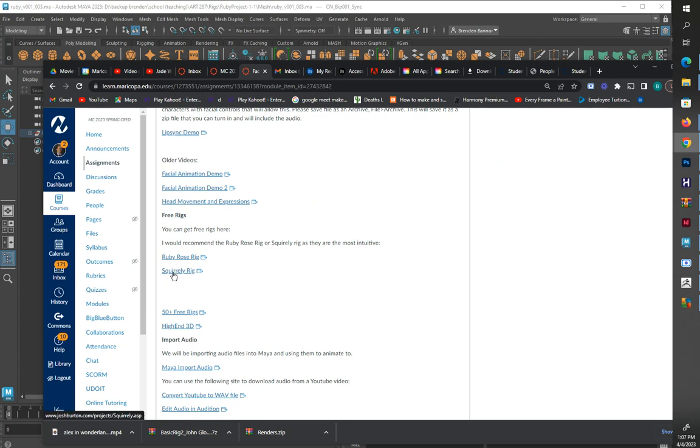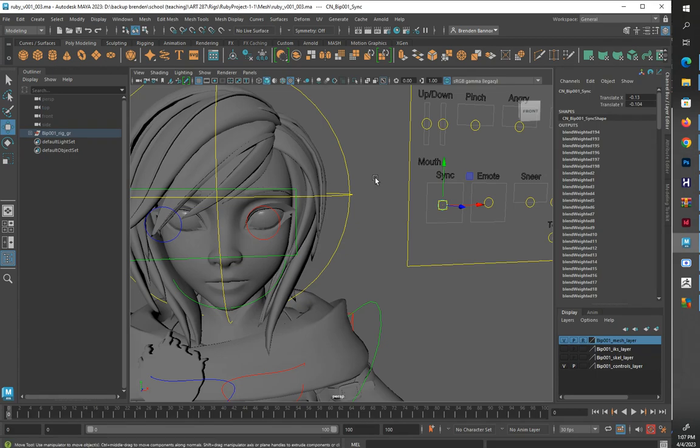Both of those are going to give you, here in the Ruby rig, this control for the mouth. And I like this control because it goes from closed to open if I go up and down. And then going to the left, it does more of an ooh or kissy lips, and then over here to wide for E and A. And what we're looking at here in the lip sync is